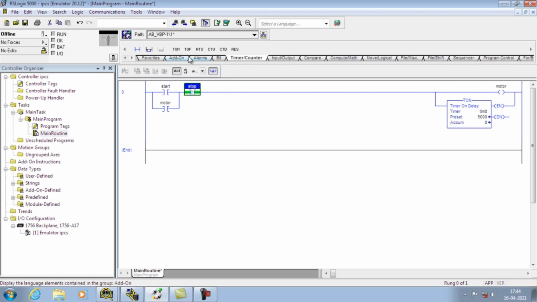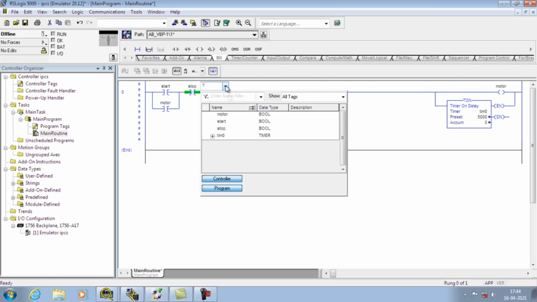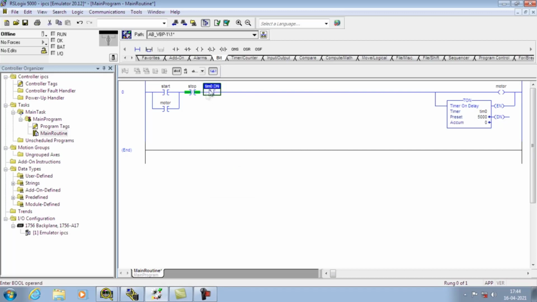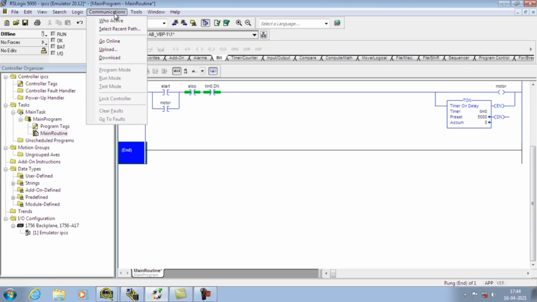So I am going to use the done bit of the timer. So I need a NO here. From here I can select the done bit of the timer or the TT bit of the timer, whichever we want. So again, for downloading to the controller, no need to go to Who Active.